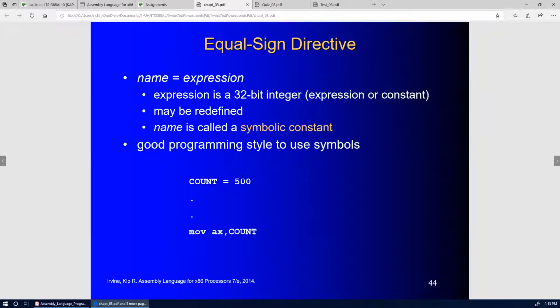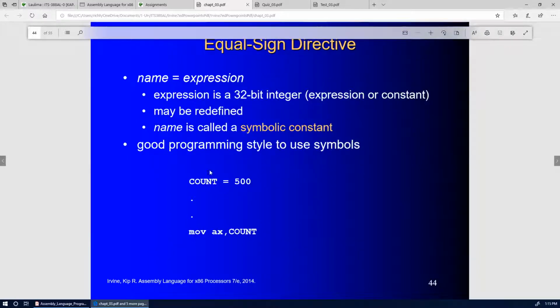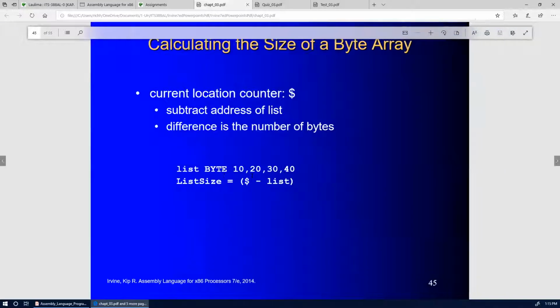So it's better to use constants. It's the same as using constants in a high-level language. It's just good programming practice. Calculating the size of a byte array, you often use the location counter. It's called the program counter, location counter. And so